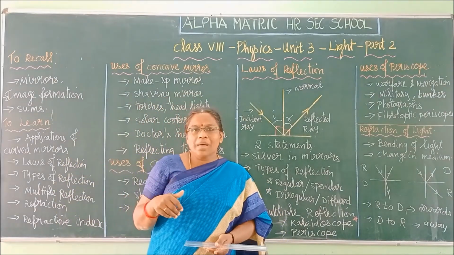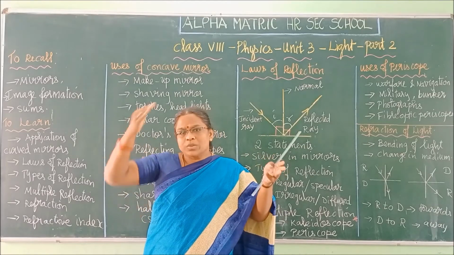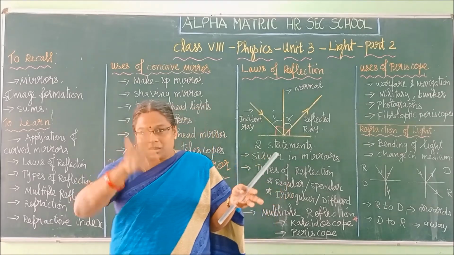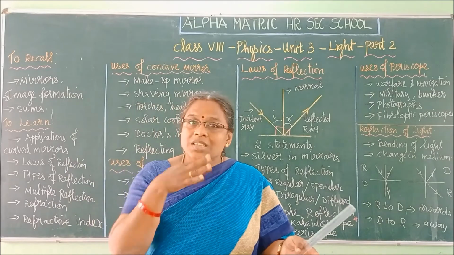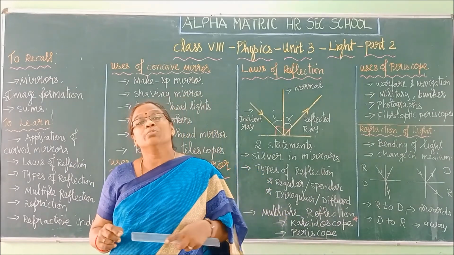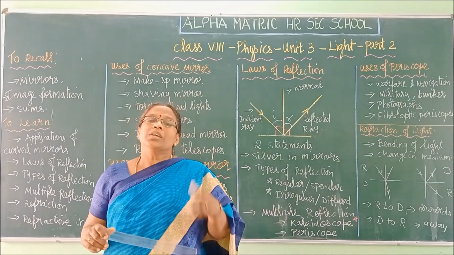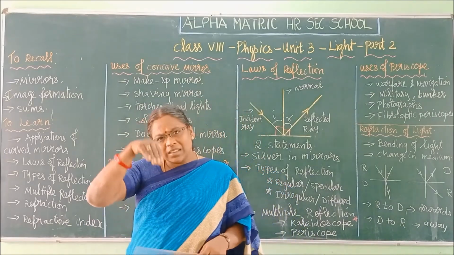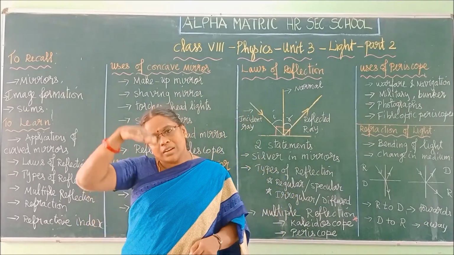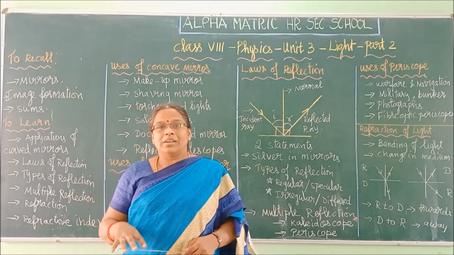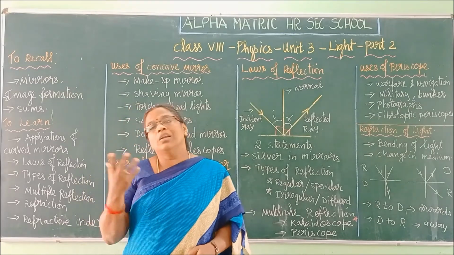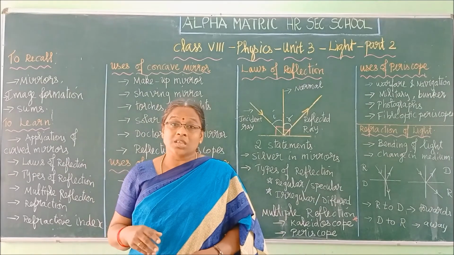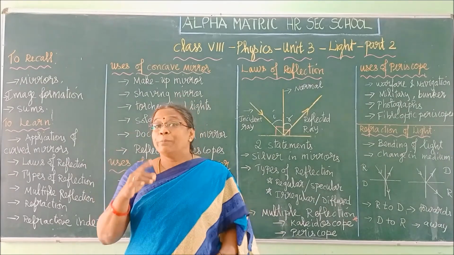In submarines. Submarines, you know children, the ships which are moving down the water, down the sea. Under the sea only the ship will travel. So those ships are called submarines. In Tamil we say it to be Neermulgi Kappal, right? So down the sea the ship will travel, so we have to see what is happening above the water surface. So there we keep periscopes.